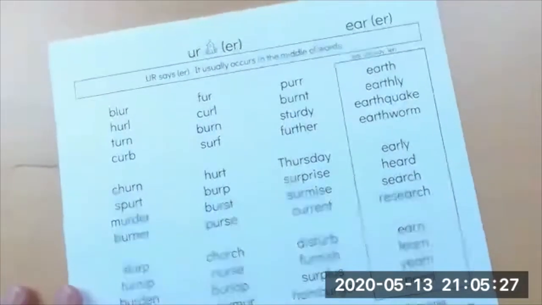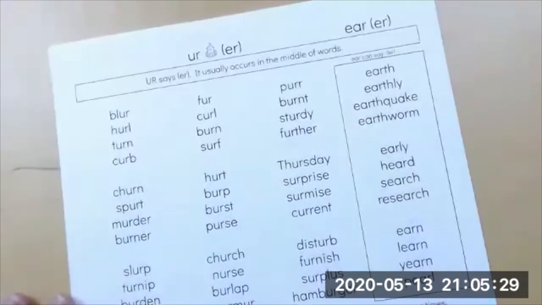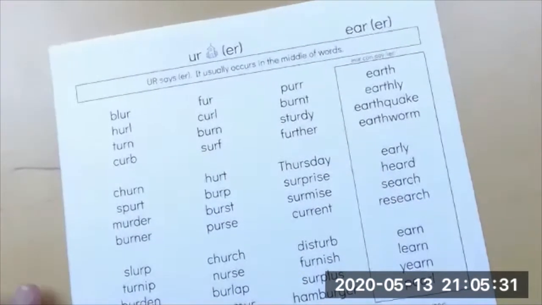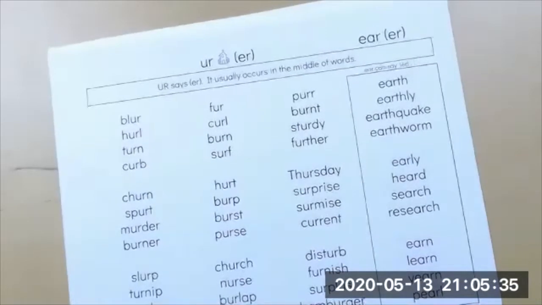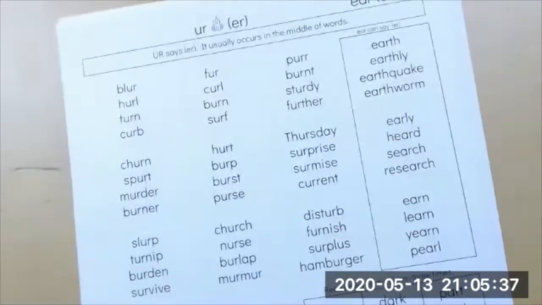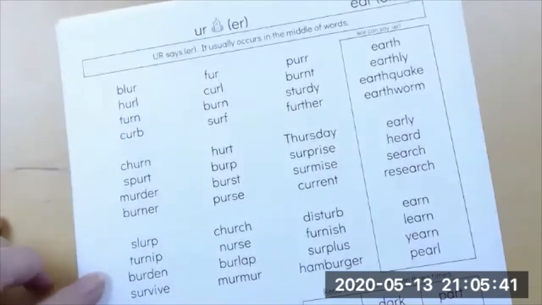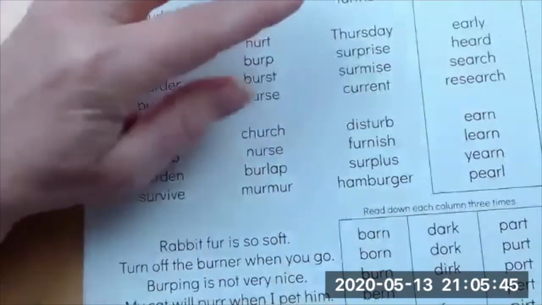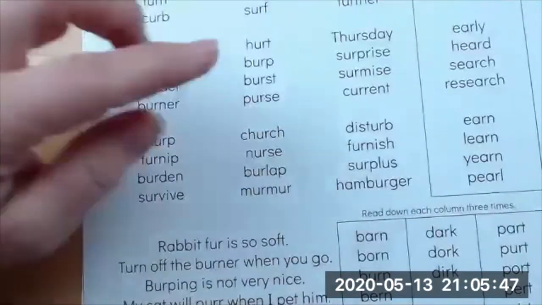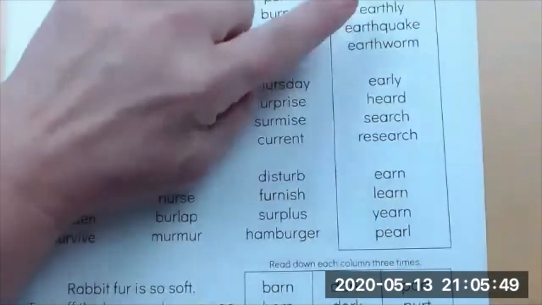So UR also says /ur/ and it shows up almost always in the middle of words, except for a couple of words where /ur/ is at the end. And it's not in very many words. So this page has a couple of other difficulties on them. So you have your single syllable words, and then you have your multi-syllable words, and you have another